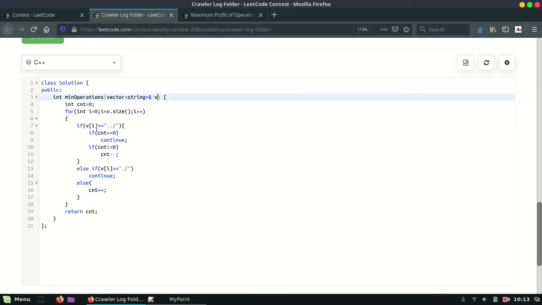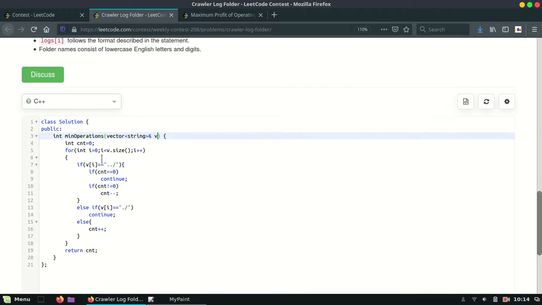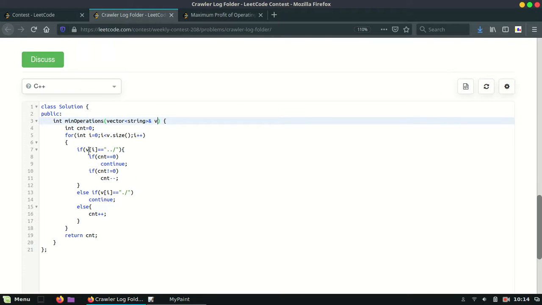What we are doing here is, if the ith string is saying that we need to move to the parent folder, then we need to decrement the count.